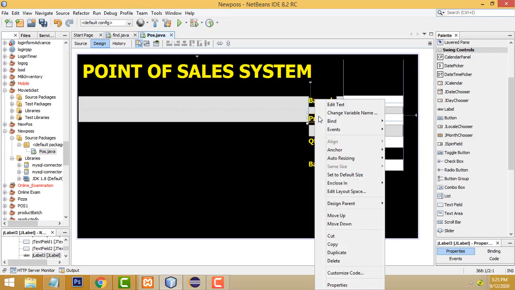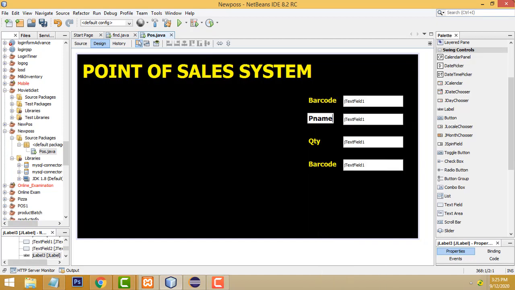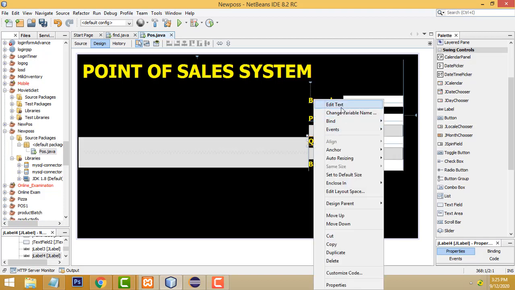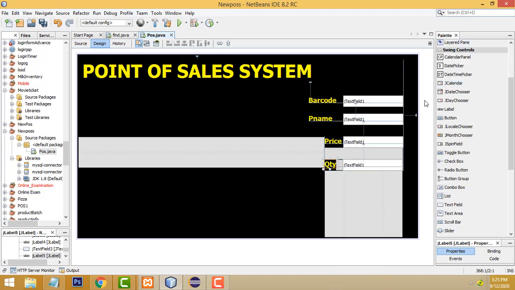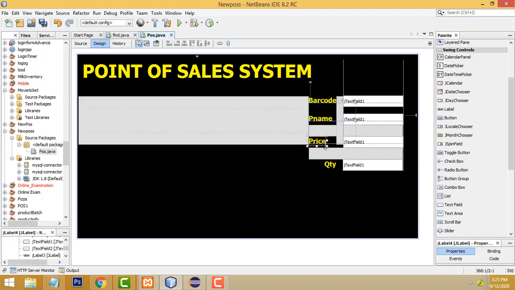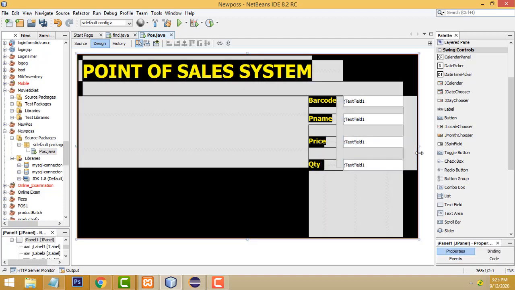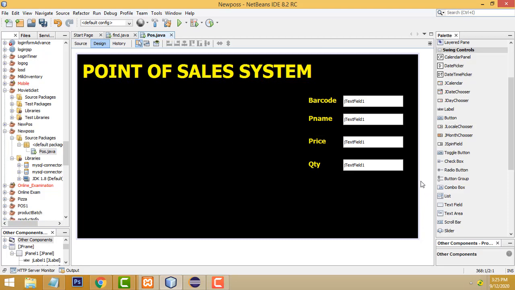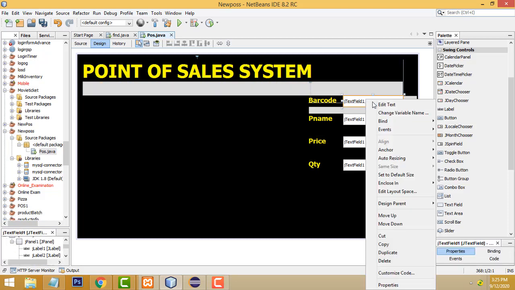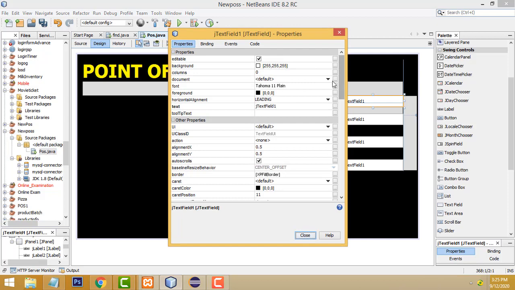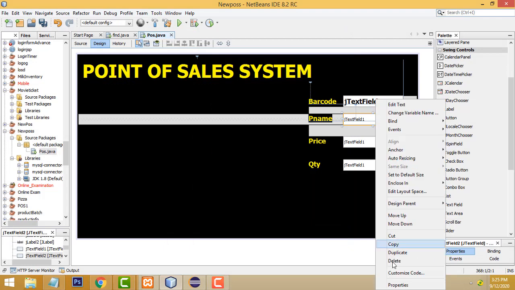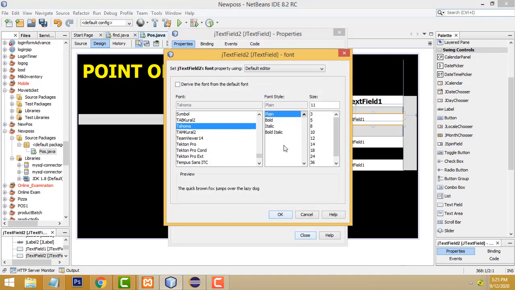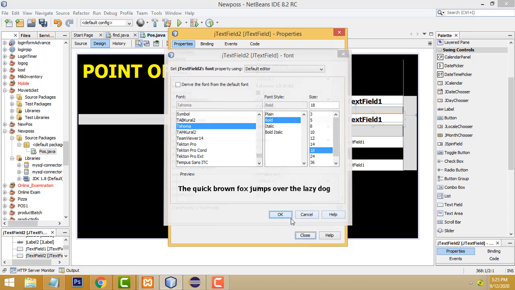Sorry, here change this one to product name, price, quantity, price, quantity. Now check the text box, we have to change the font style and size a little bit, bold 18, this bold. 18 size should be okay.